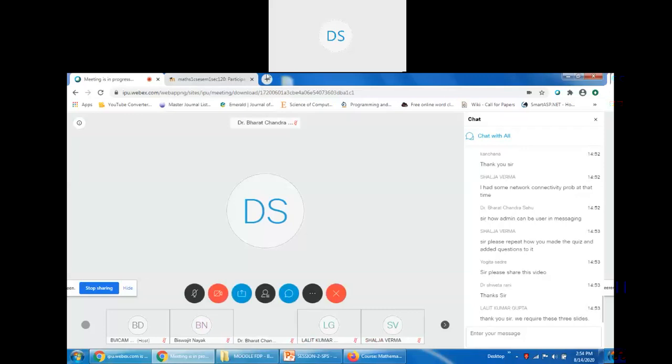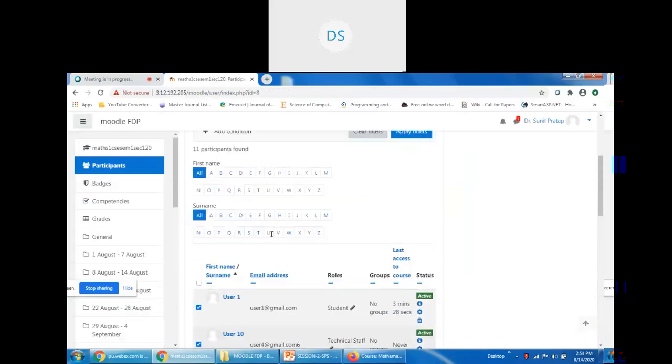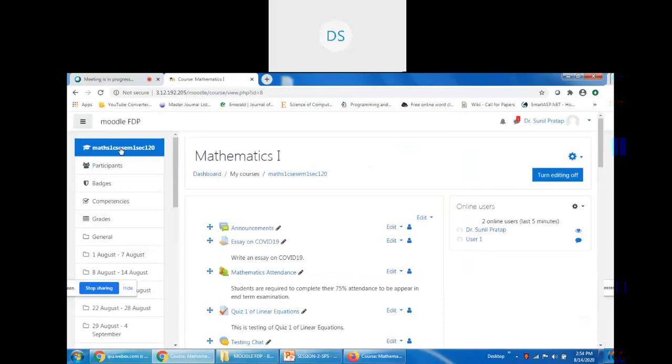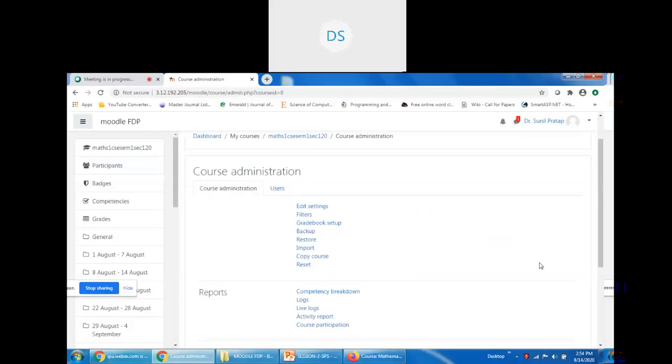Let me show you once again how a teacher can send a message. Just go to the home page of the course. In this home page, you can see at the right side there are multiple menus. Click on the More option. Now in More, go to the Users tab.